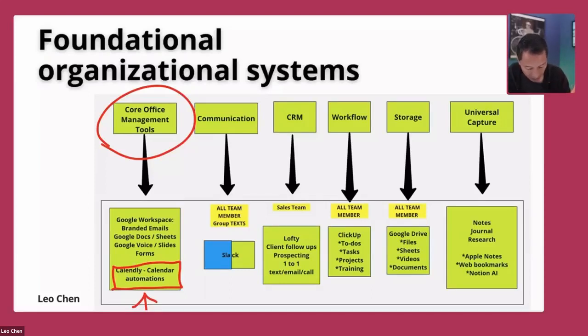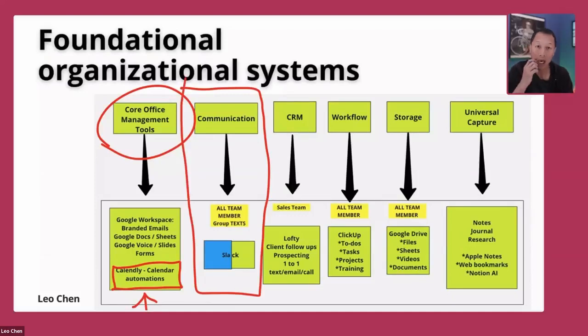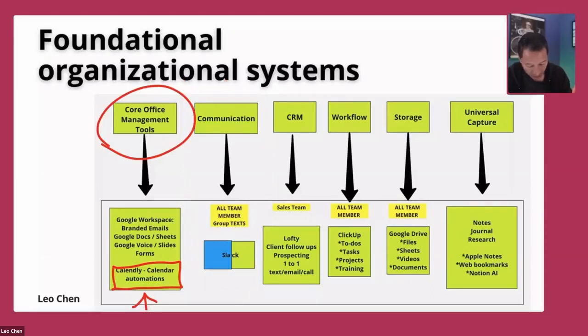Okay, second layer, you have your communication layer. Now this applies really if you have a team or a growing team. Okay, you can use Slack, but you can use other types of group text if you want. You can literally use Facebook Messenger if you want. Okay, but some are going to be easier to use and more organized to use than others. Slack is one of the most popular ones because it literally keeps all the text forever. It's private, and you can search for anything and be able to find it. It has really good tagging systems. So Slack is very popular for that reason. Okay, so that's your communication layer.